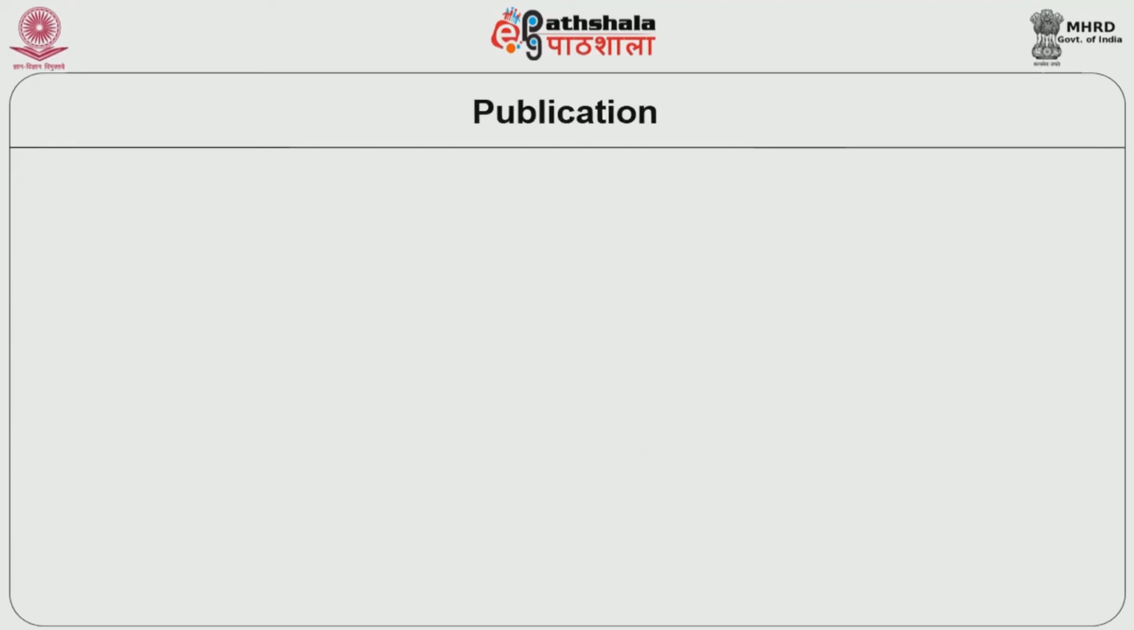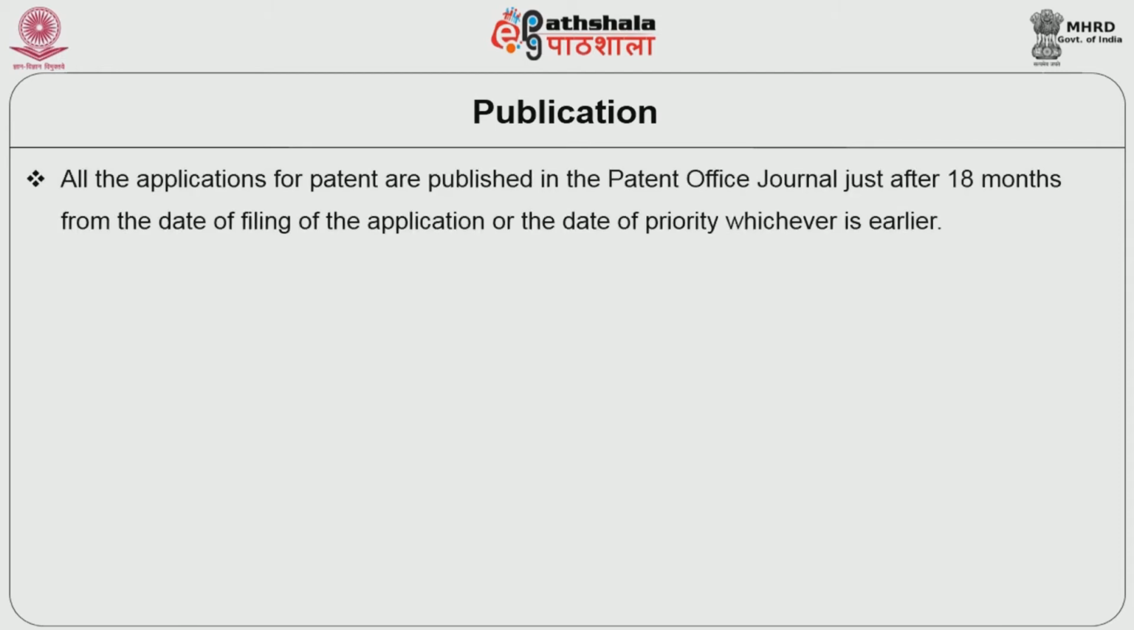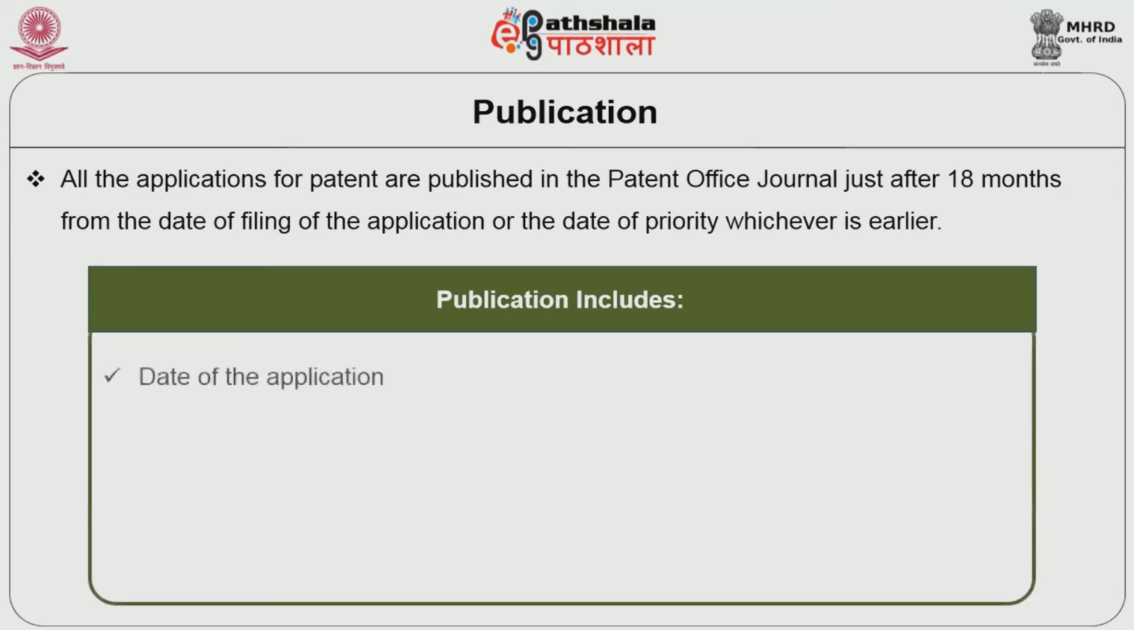Having applied, what next? What will they do in the patent office? After receiving the application, the patent office scrutinizes it. If they feel everything is complete, they will check the fees according to the number of pages, and the fees will be collected. Then, if everything is found correct, it will be published in the patent office journal after 18 months from the date of filing. The publication includes the date of application, application number, name and address of the applicant,